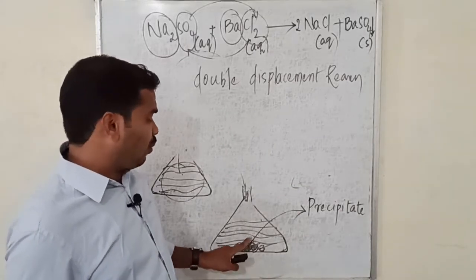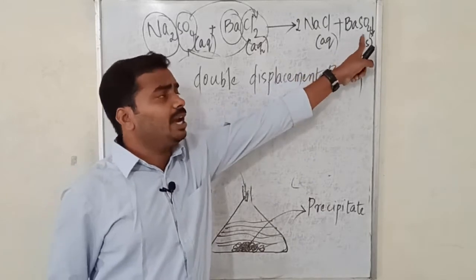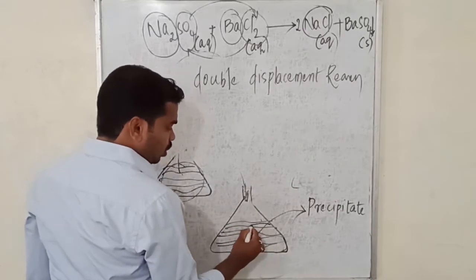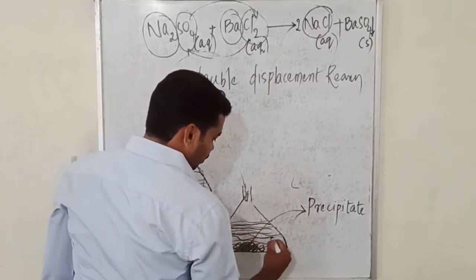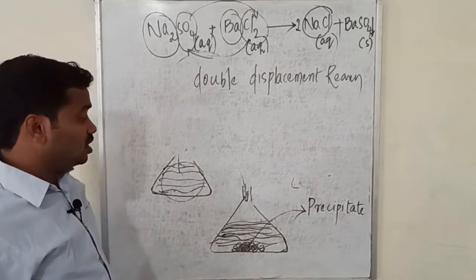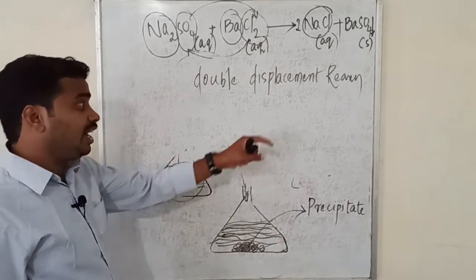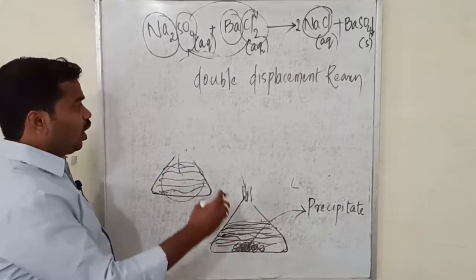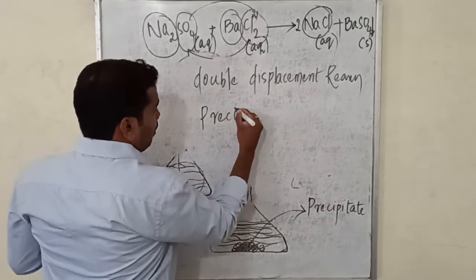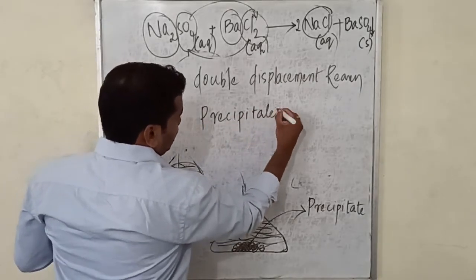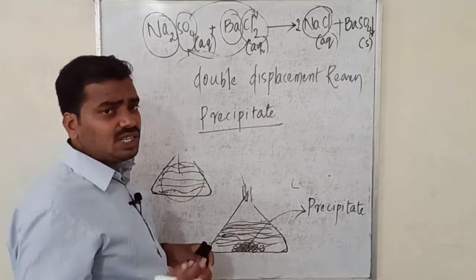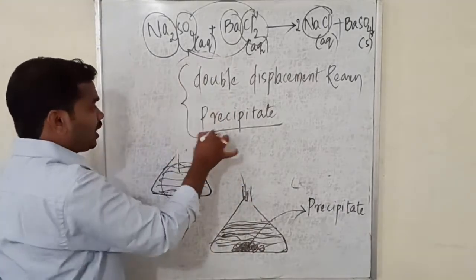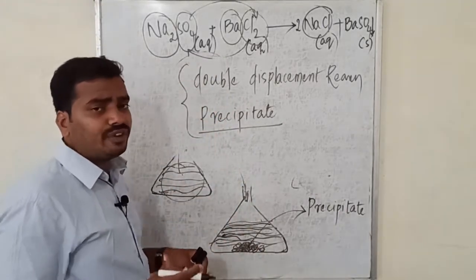Here if you see, a white color precipitate would be formed, that is of barium sulfate. Whereas sodium chloride will exist in the dissolved state. Sodium chloride will be within the water only. So such kind of entities are not indicated as precipitate, simply as aqueous. So here you have learnt one more new thing. What is precipitate? Precipitate is a compound which exists in the undissolved state after reaction has happened. Okay, so these are the two important observations, two important things you have to learn from the activity 2.